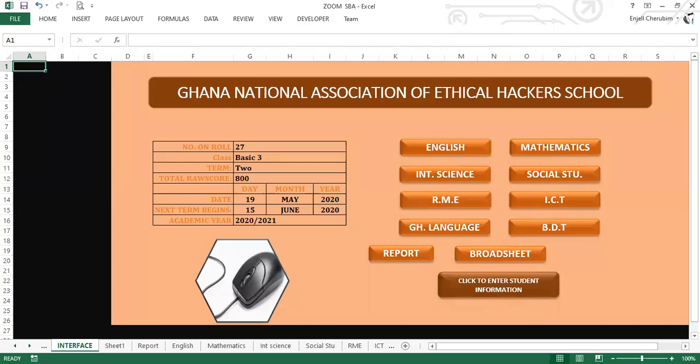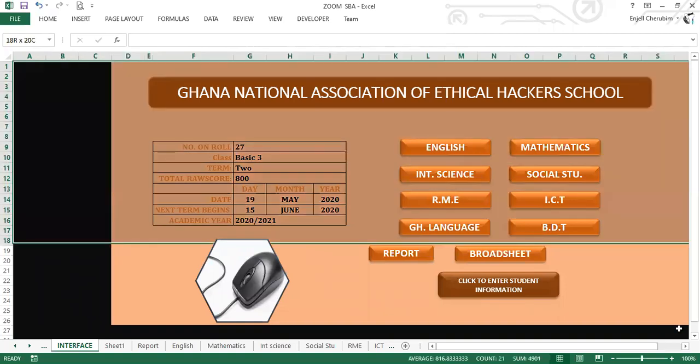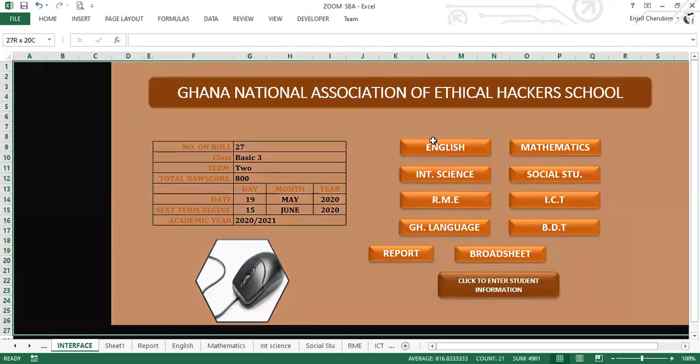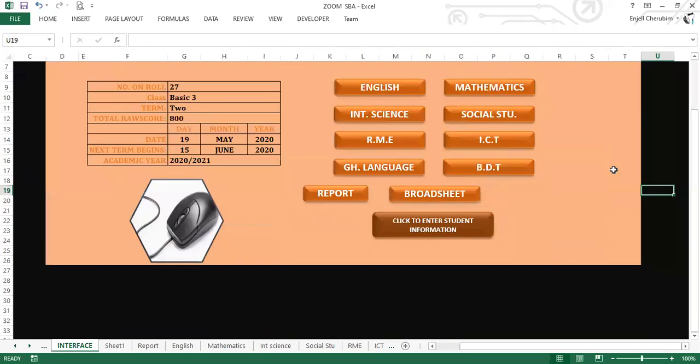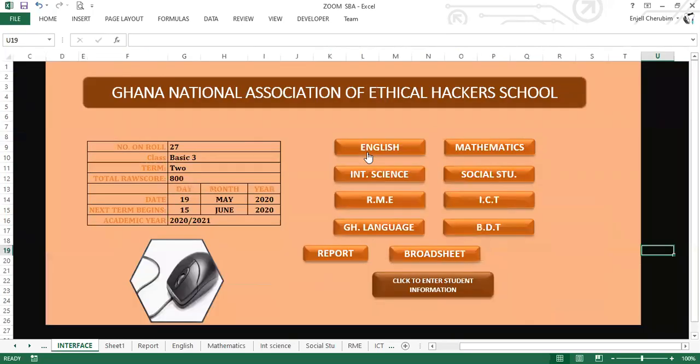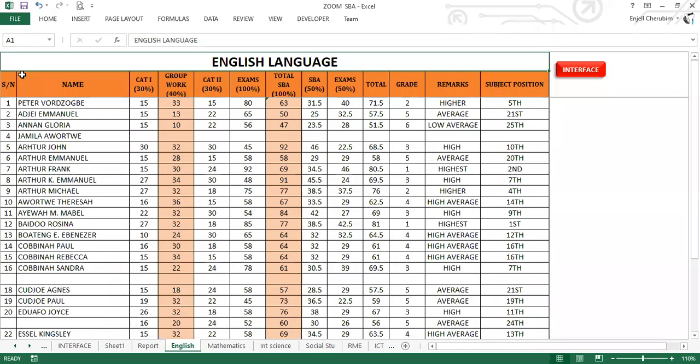We were able to create our interface. We were able to fill the cells with colors. We created our first subject analysis. We automated our serial numbers